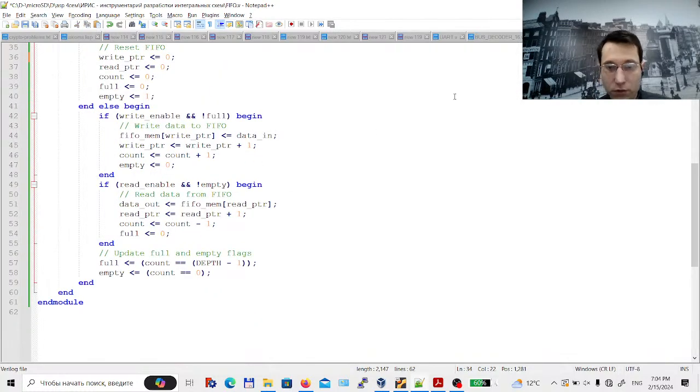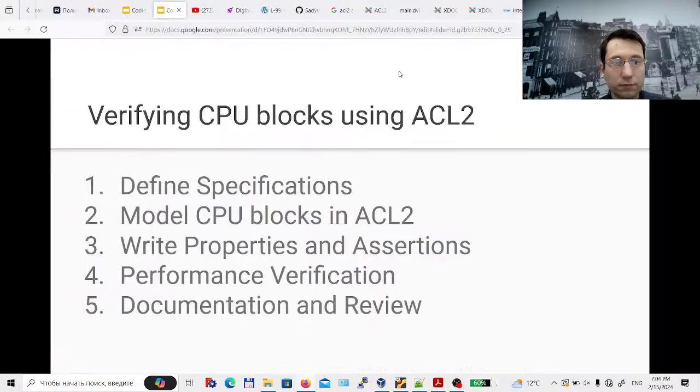Okay, so what can we do inside ACL2? We have to define the specification. What should we do with the data block? What should we do with some kind of hardware? We can model CPU blocks in ACL2. I will show you how to use